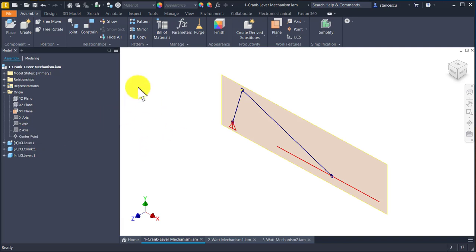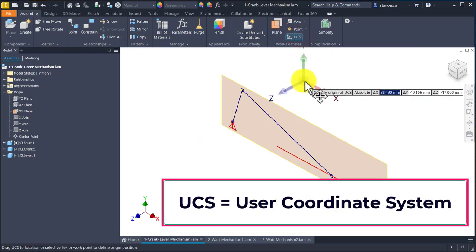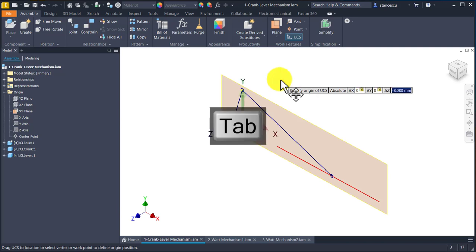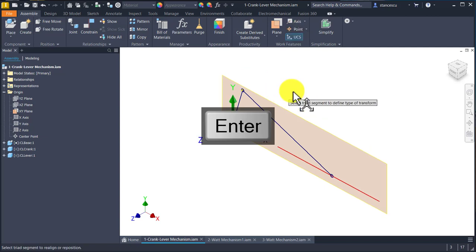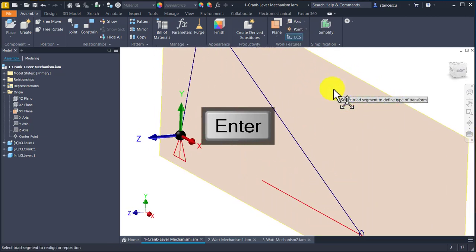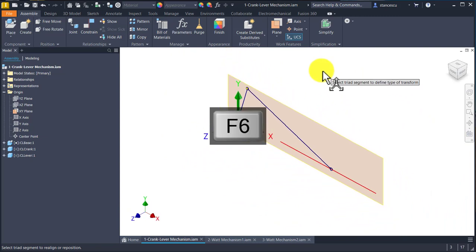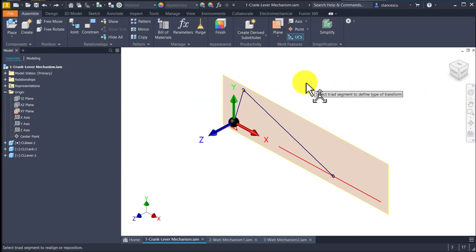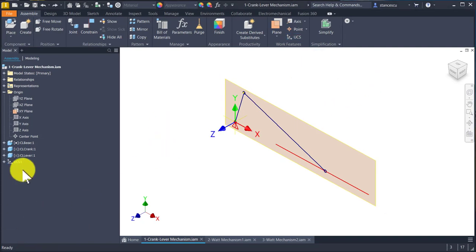To identify the position of this point, we can use UCS by placing values on axis 0, tab 0, tab 0, enter. You see, this is the position of the center point and the direction of axis, of course. You end with finish. Okay. You can delete the UCS symbol